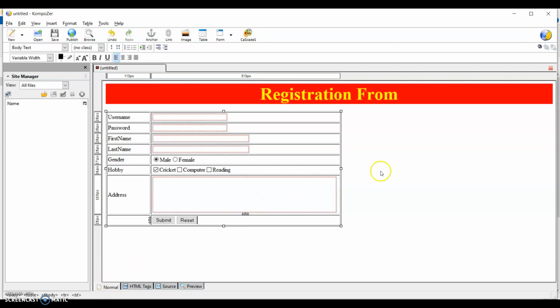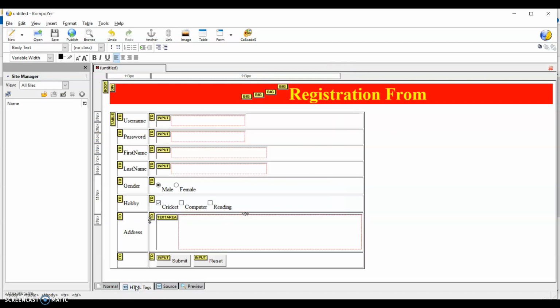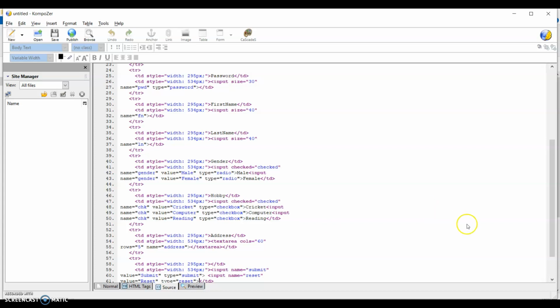So in this form, these views are shown in the normal form. You just click on the HTML tag, so you just see how to create a particular tag in your HTML. So HTML tags are defined with the help of this. Then this is the source code.